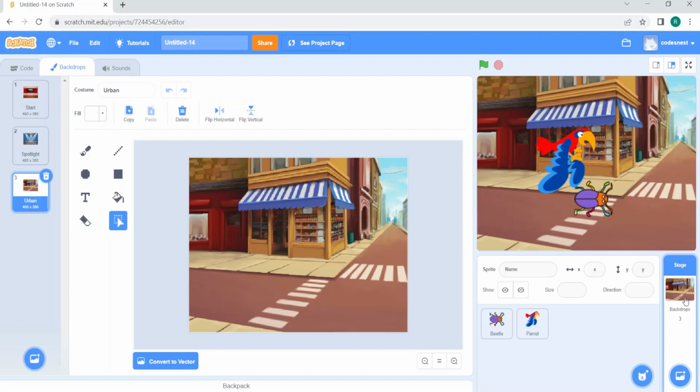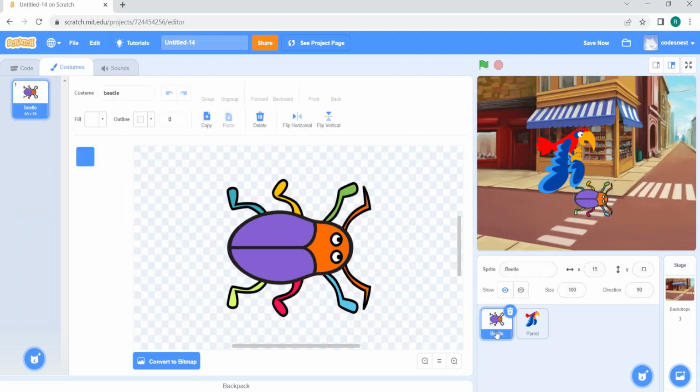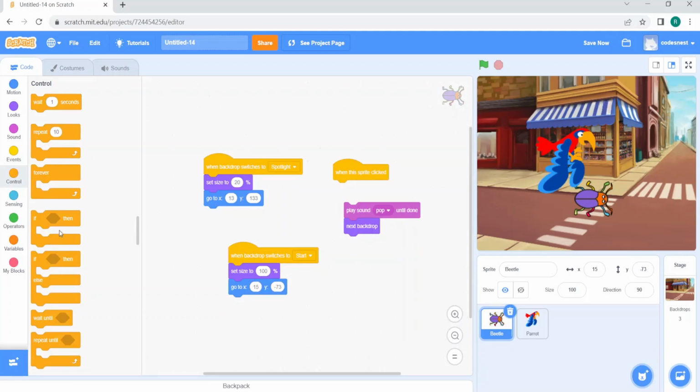Now what we want is that when our bug moves to the second level, its size should be set again. This is a big size, so we'll reduce the size here. So we'll write code for that. Select this bug and go to code, and again we will write it. We'll duplicate the code. We are not going to write it again, so that when it goes to the urban backdrop,